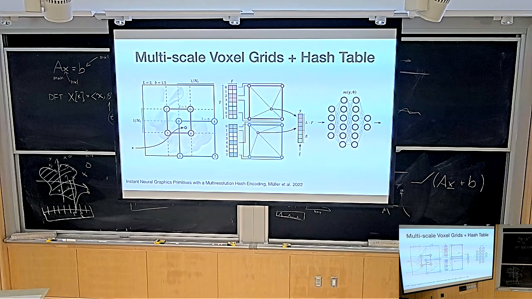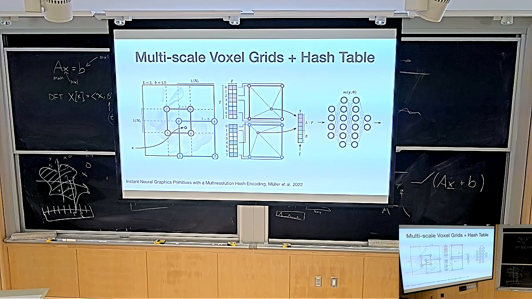Okay, and now here's a funny one. You can have a multi-resolution voxel grid. If this sounds like a lot, it's just because we don't want to spend too much time on it, because there's not that much interesting stuff going on here, but you should still hear about it. I'm not saying that these papers aren't interesting. They're very good papers, but this particular aspect of them isn't that interesting.